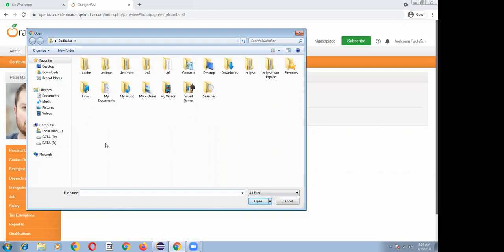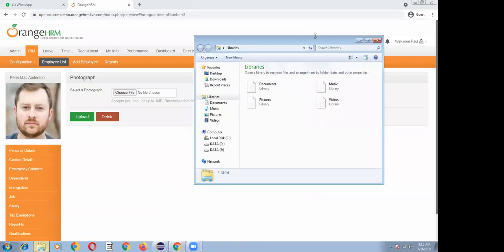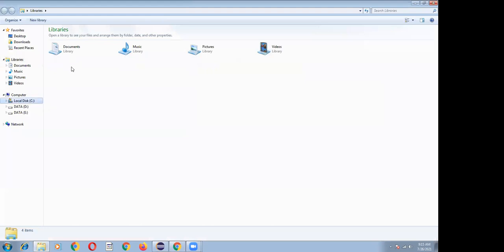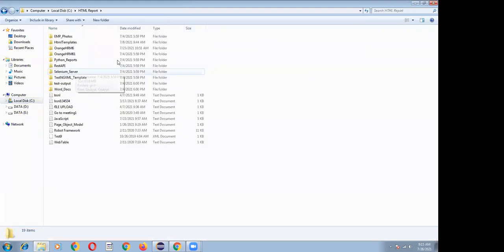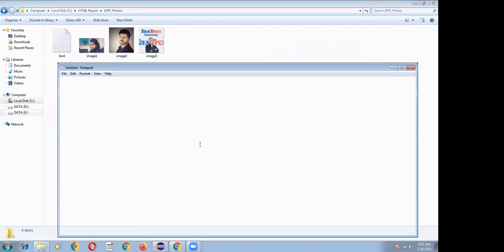Okay. So I want to handle my file, so let me pick the path and Image 2.